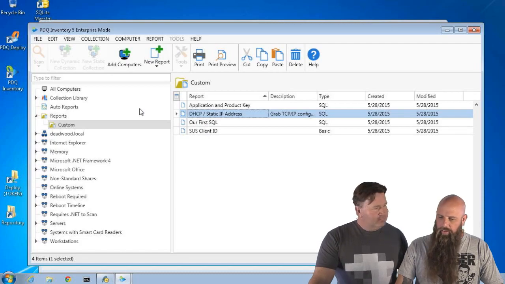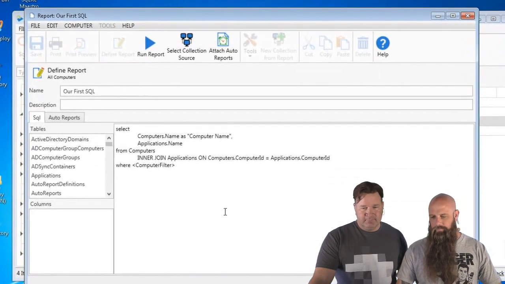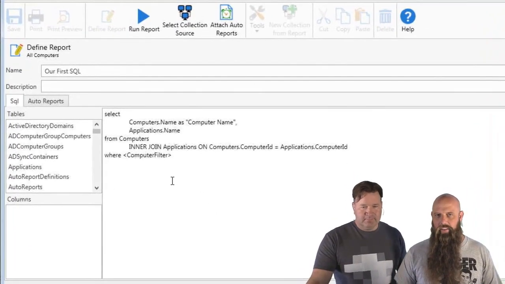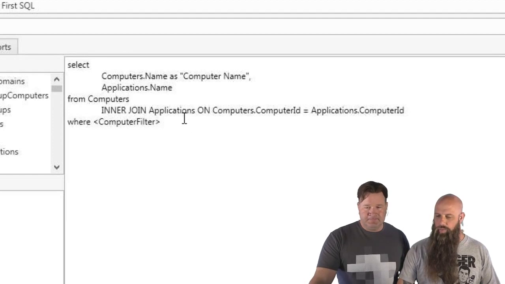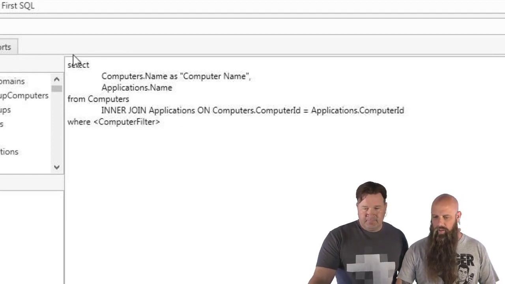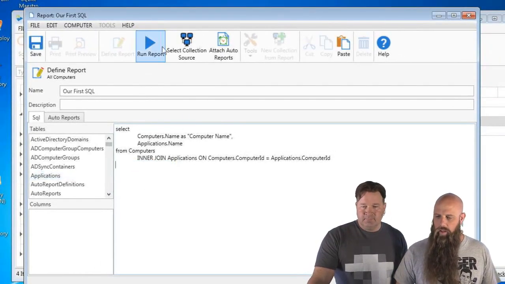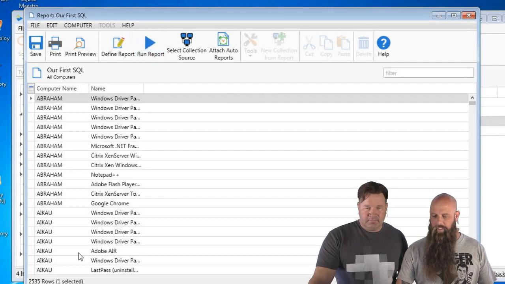Let's go back in. So once again, I'm going to create our first SQL. So select, remember the computer filter is the same as saying the collection source. If we didn't do this, notice we're on all computers. I'm going to remove that where clause. Run report. We're going to see 2,